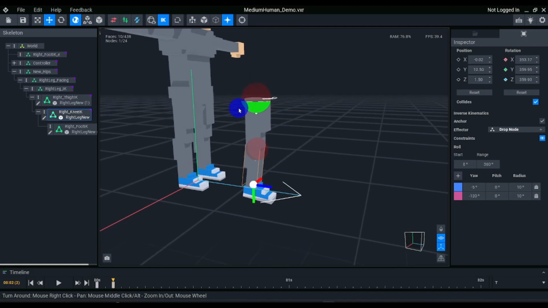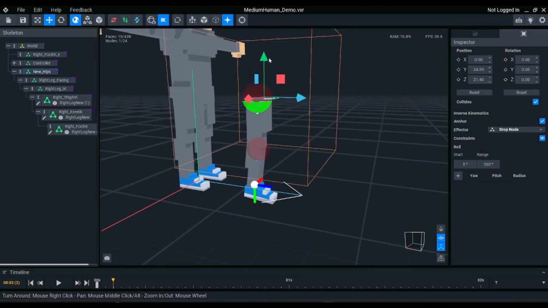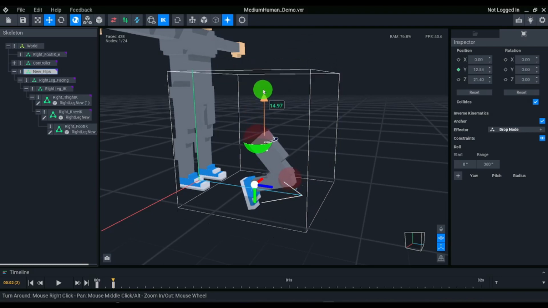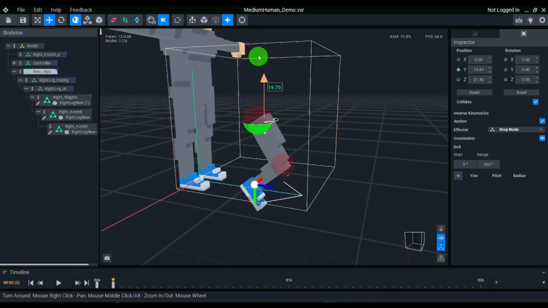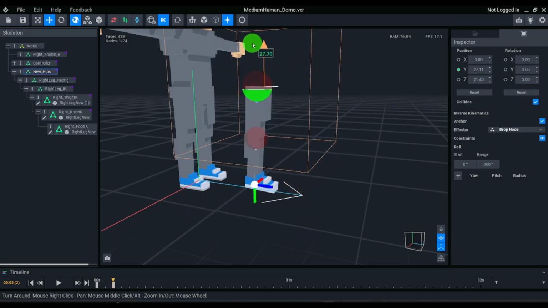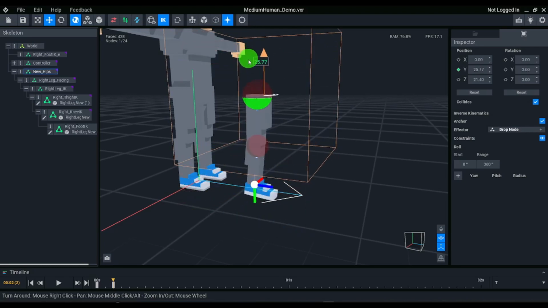So with the IK on, let's move the hips just to show you how the IK can also be handy. So we can click the effector, move the foot around. But one of the joys of IK is you now have feet that can be planted on the floor. So as I move the hips down, you notice the ankle doesn't move. But in our case, the foot does rotate. We need to stop that rotation. We need the foot to feel like it's really just staying flat on the floor